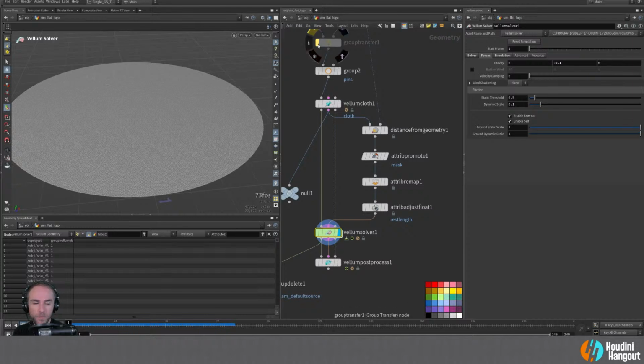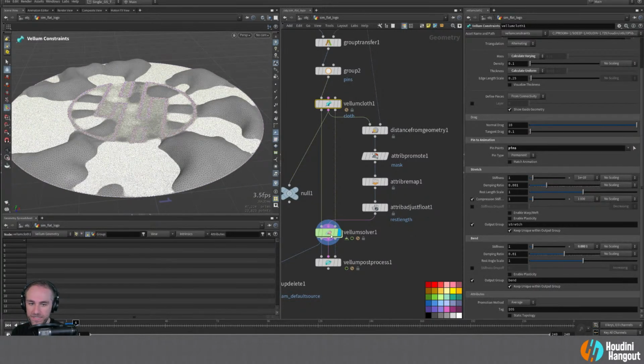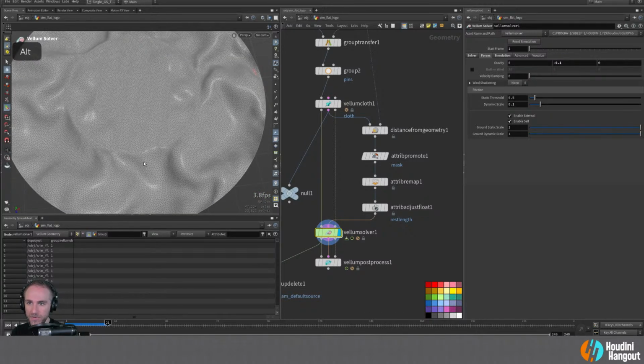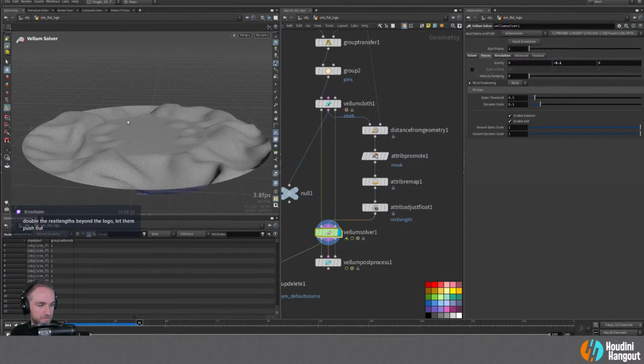And so hopefully that was why you were saying constraints, but that's the 2-pronged approach that's going on here. We're pinning these as well, and that is allowing us to get this type of a look here where we've got the logo and double the rest length beyond the geo. Yep. Yeah, I think